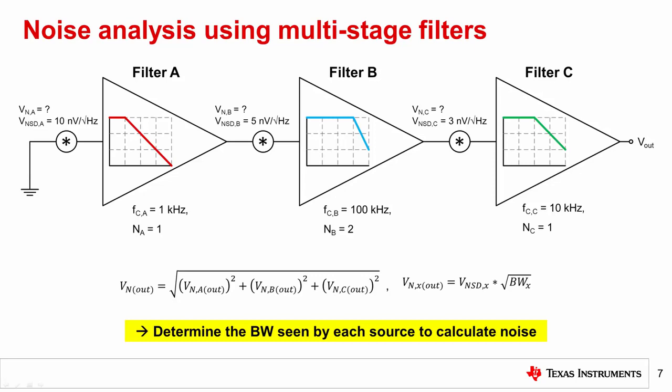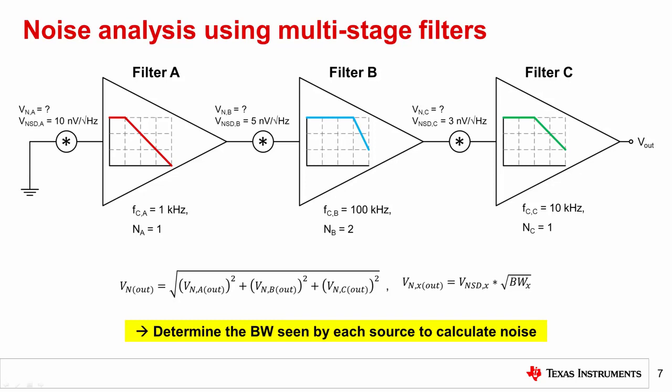Additionally, each noise source has a noise spectral density that represents real components used later in the simulation portion of this module. Similar to the example at the beginning of this presentation, determine the total noise of this system by taking the root sum of squares of each stage's noise. To calculate the noise of each stage, you multiply the given noise spectral density by the square root of the system bandwidth seen by each source as shown. You can use the principle of superposition as well as the techniques presented throughout this module to calculate the combined filter response seen by each source and the resulting bandwidth to calculate total noise.